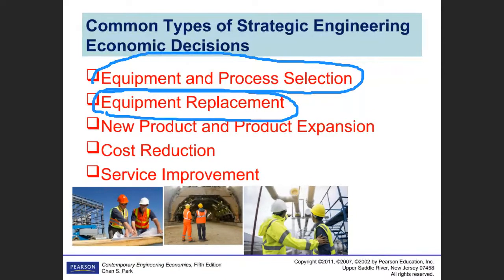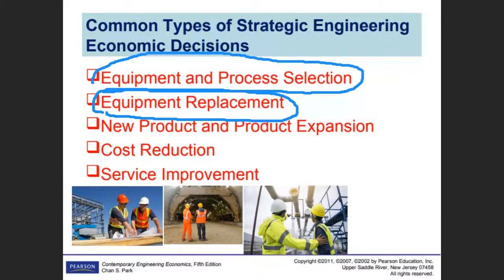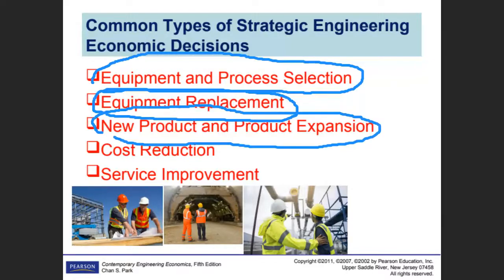Another type of decision could be a new product. Next one, about new product or product expansion decision. Maybe you just want to start a new product, right? As we said, for a business to grow, you have to increase the sales, you have to become competitive. How can you become competitive if your engineers give you a new idea, right? So to create a new product, right?